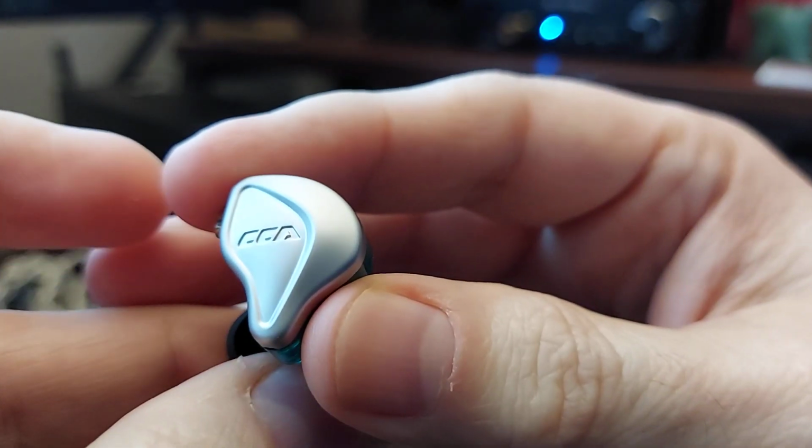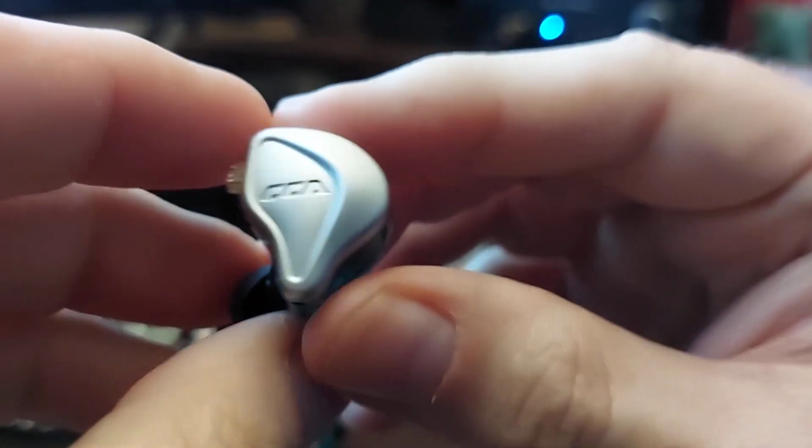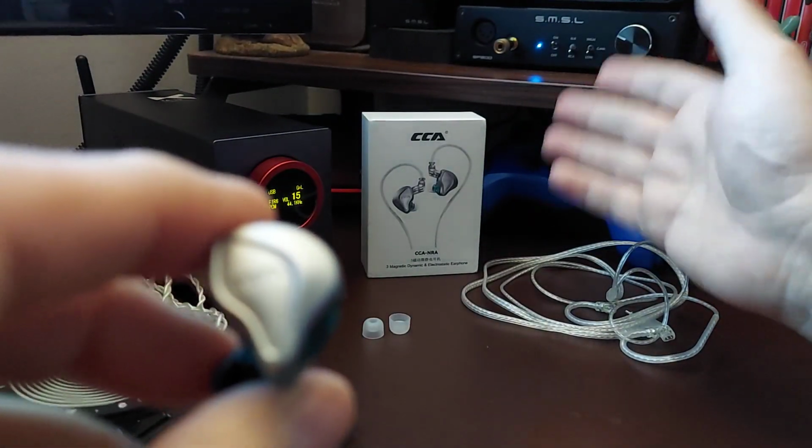So that said, it's decent. I think that some people are going to like this, and I think that there are people that are not going to like it at all. But that said, I really do love the way it looks. So this has been the CCA